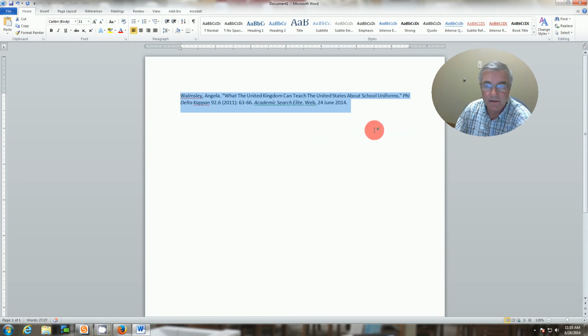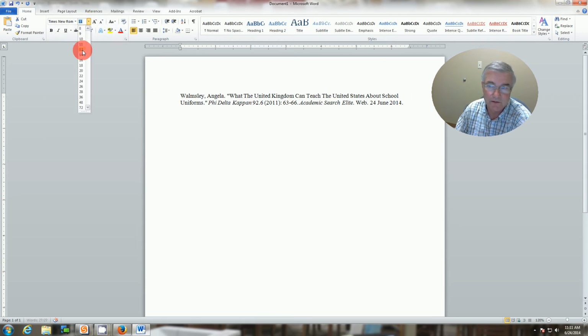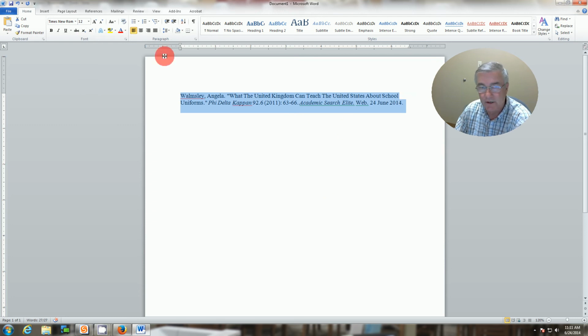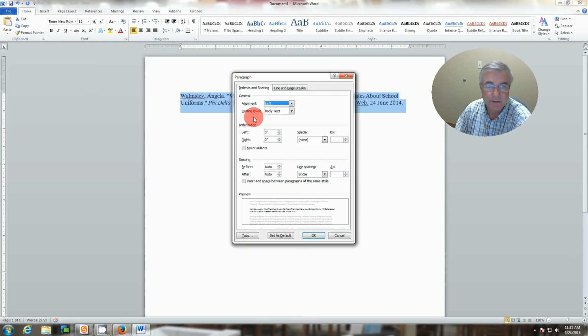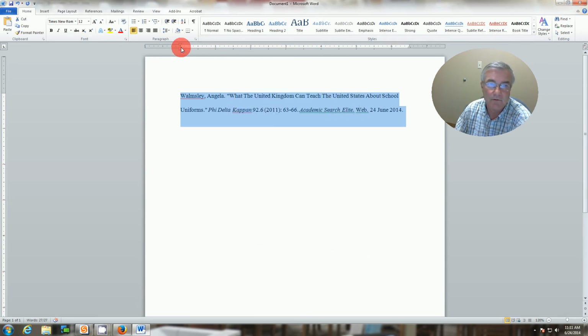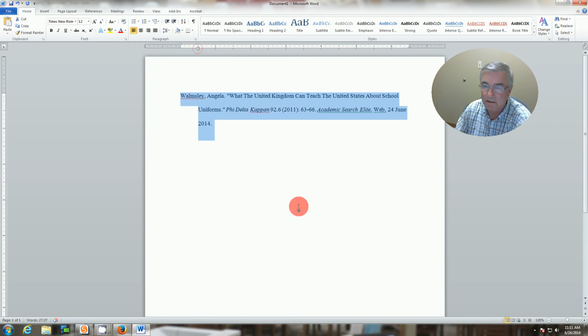So when this happens, if you'll highlight everything that you've got pasted on there, go up here and change your font to whatever you want. I use Times New Roman because it's easy to see the italics in Times New Roman. All of you need to use 12-point font. That's a given. We want this thing to be double spaced, so we do that in this paragraph box. So I'm going to change everything to double spacing. And then I want it to be a hanging indent, so I'm going to grab on that bottom grabber thing, and that creates the hanging indent. Okay, so that is almost perfectly